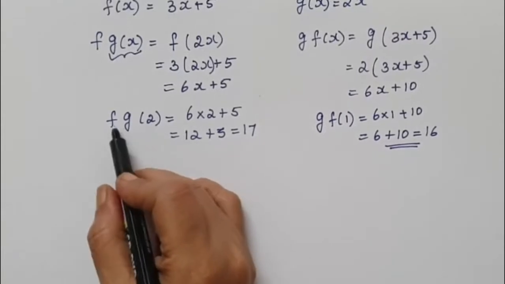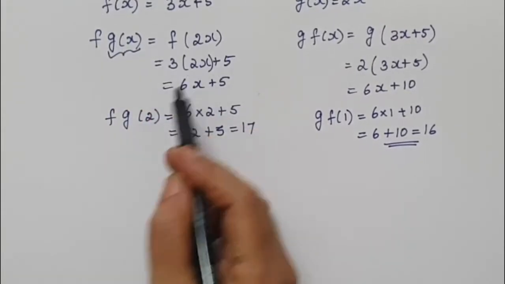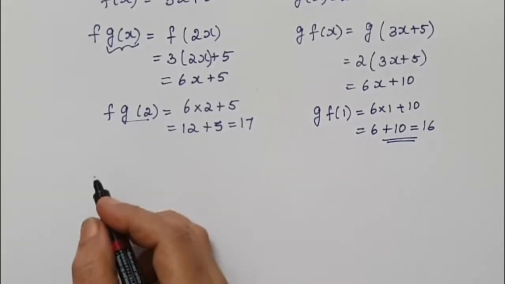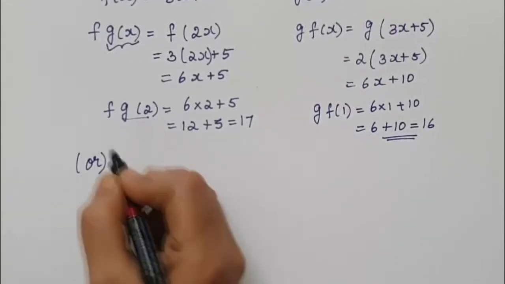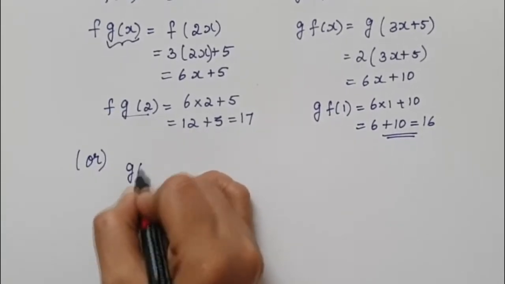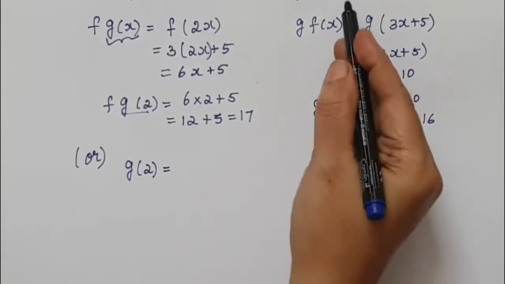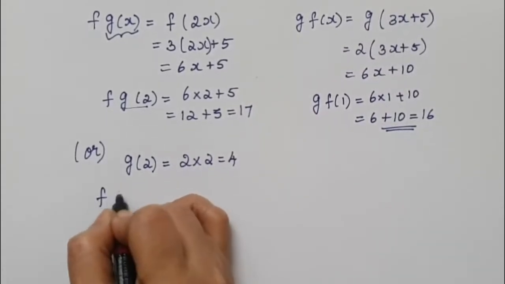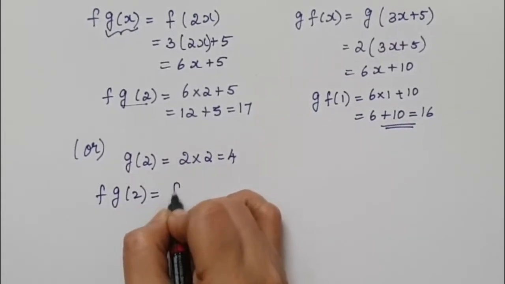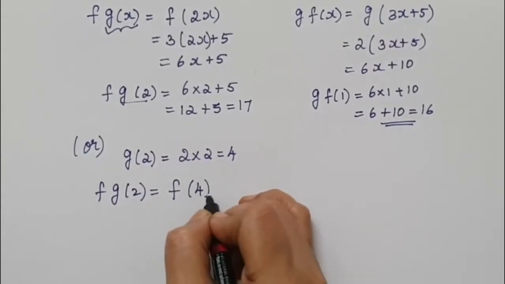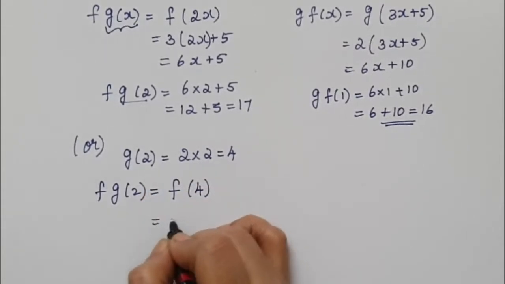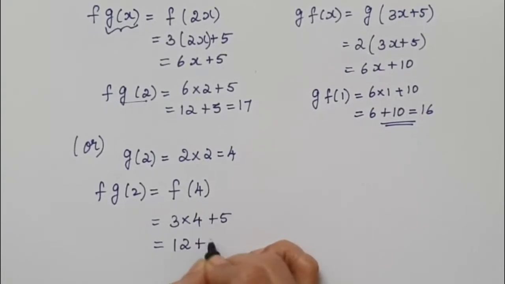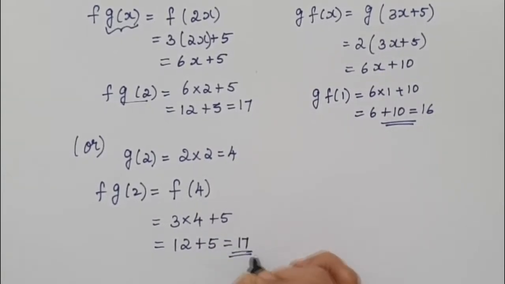With composite functions, it's not only that you need to find fg of x and then the value of fg of 2. We can also generally find g of 2 first and replace it in f. I'll just write it. We can first find out what g of 2 is. That means replace in g. So 2 multiplied by 2 will give us 4. Now fg of 2 will be equal to, writing the first letter, f of g of 2. G of 2 is 4. Now substitute it in f. So 3 multiplied by 4 plus 5. 3 multiplied by 4 is 12, plus 5. So it will give us the value 17.